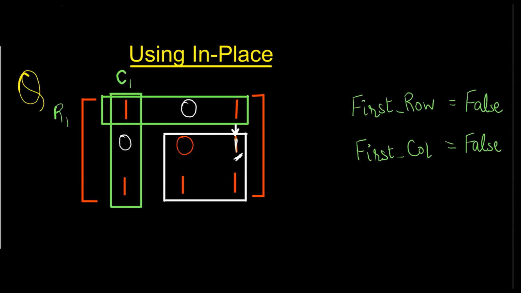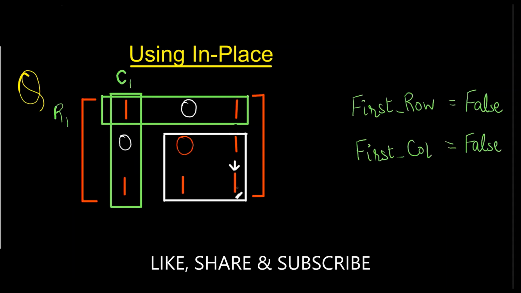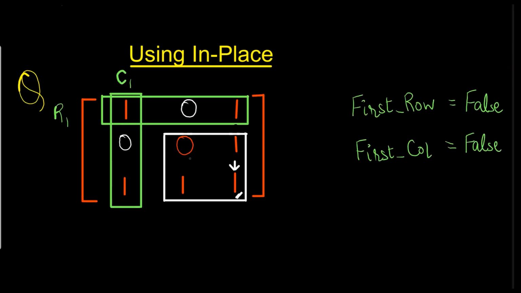Now I will check the next row element to see if it is 0 or not. Here it is 1, so I will ignore it. I won't be touching it. Then I will check the rest. First, this one: here I got 1, but I was searching for a 0 element. Here there is no 0, so I will leave it as it is. Then for this element, I got 1, so I will ignore it as well. So step 2 says, if an inner element has 0, make the respective outer element 0.